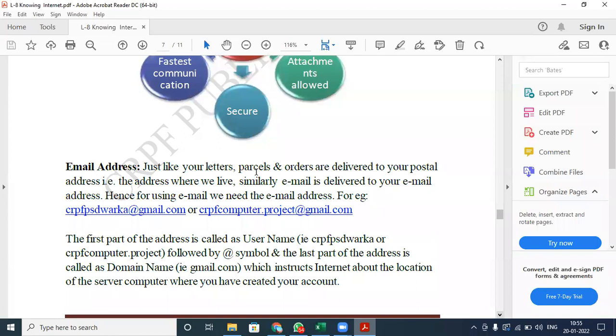Just like your letters, parcels, and orders are delivered to your postal address, the address where you live, similarly, email is delivered to your email address. Hence, for using email, we need an email address. So for example, these are two email addresses: